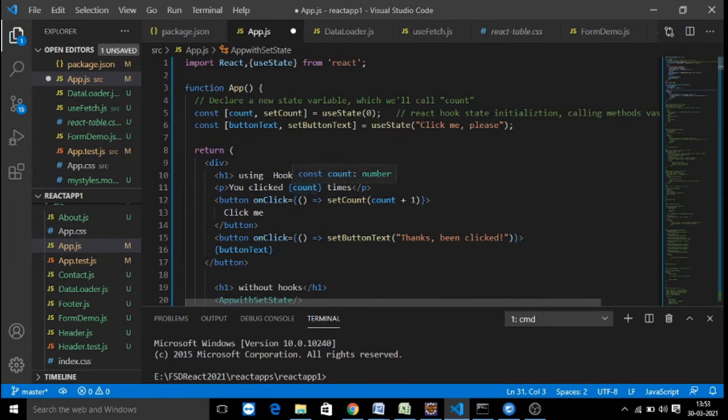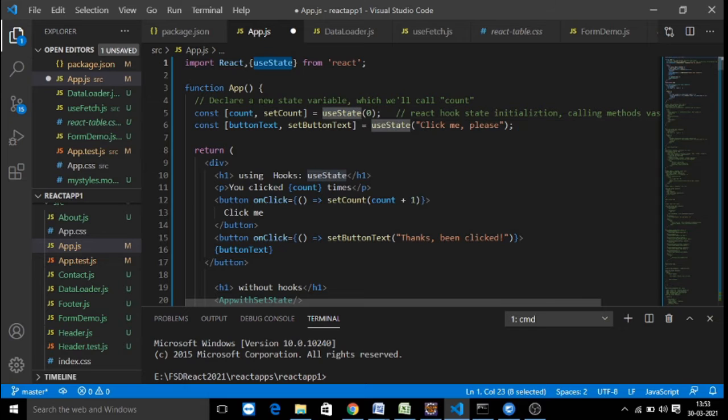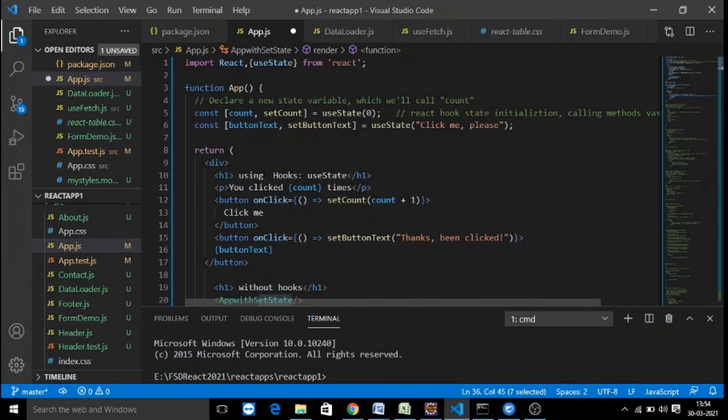So this is useState we are going to use, which is nothing but a predefined function from the React library, where we can make use of this useState React hook. It's the first hook we are going to practice with. This hook will initialize a variable declared with count as a name and initialized with a value of 0. And this hook is also registered with a function called setCount. It can be a custom function, whereas in the previous case, all the time we need to use only setState. But here we can have a custom function name, setCount.